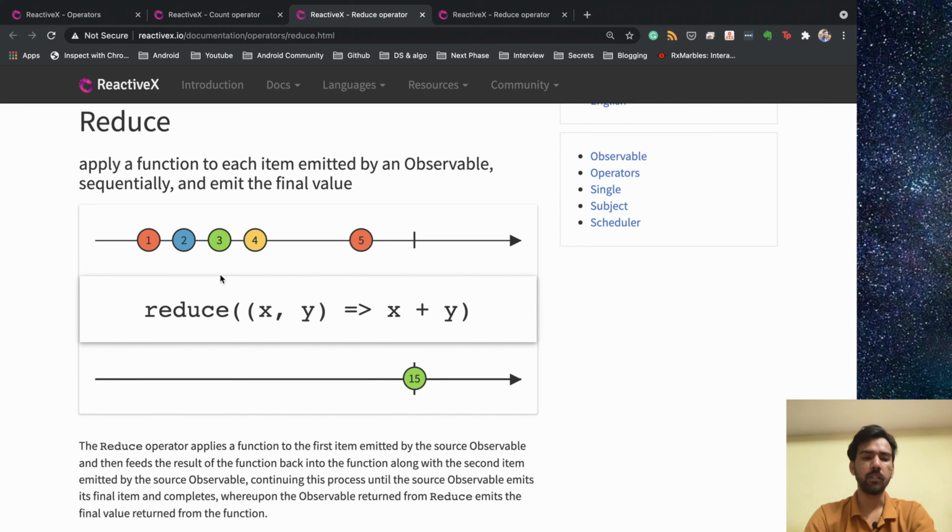So if we have 1 2 3 4 5 and the reduce operator x plus y, the first iteration will be 1, and then 1 plus 2 is 3, 3 plus 3 is 6, 6 plus 4 is 10, and 10 plus 5 is 15. So the output will be 15.